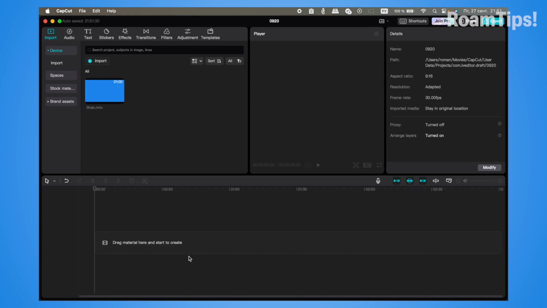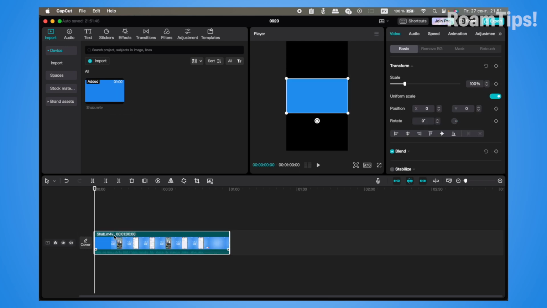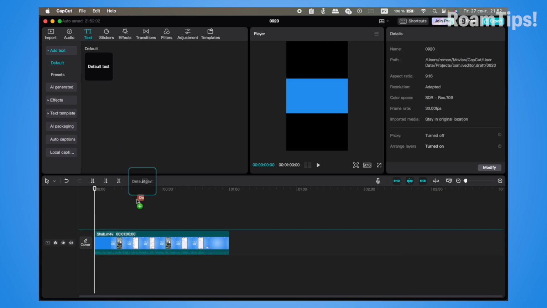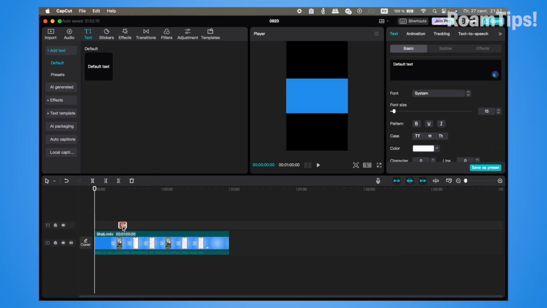Let me show you how to animate text on CapCut PC or Mac. Let's go. Import video. Press text and press add text default and drag the default text onto the timeline. Click text, change text,